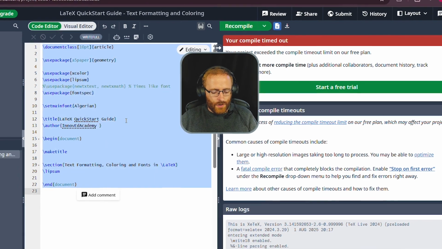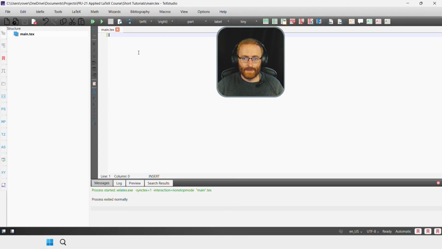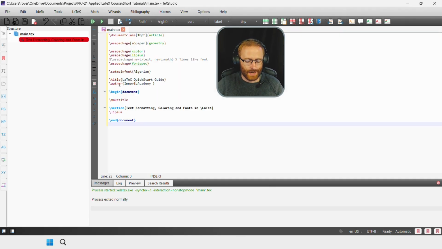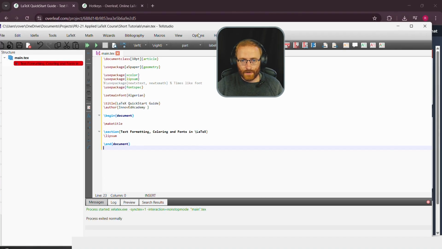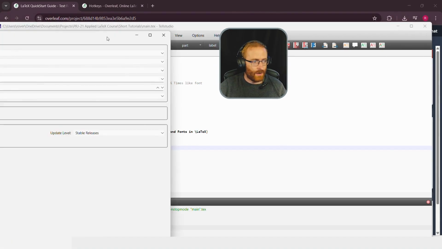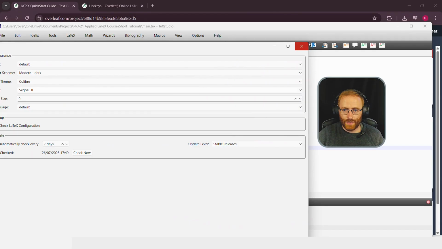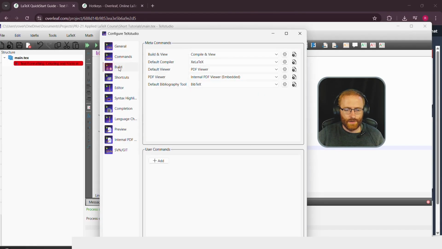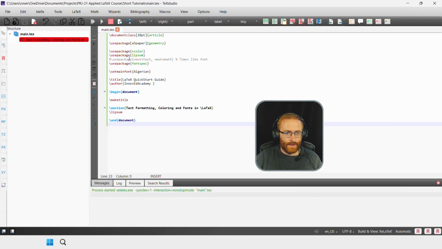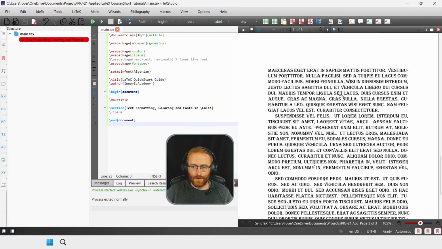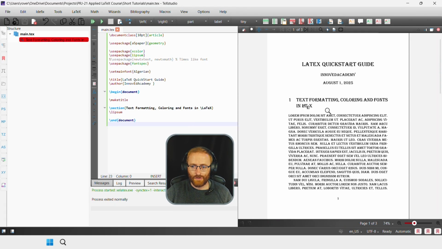But if I were to copy this example and instead open it up in my locally installed TeX editor, so I have this in TeXstudio, and I paste the exact same code, and I also here, if I go to Options and Configure TeXstudio, I get this window. And then here, if I go to Build, you can see what compiler I'm using. So I'm going to select XeLaTeX. And now if I build and view this in my local TeX editor,